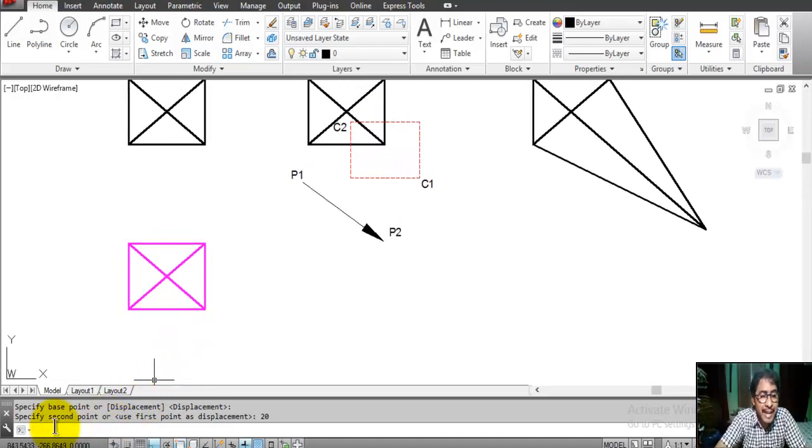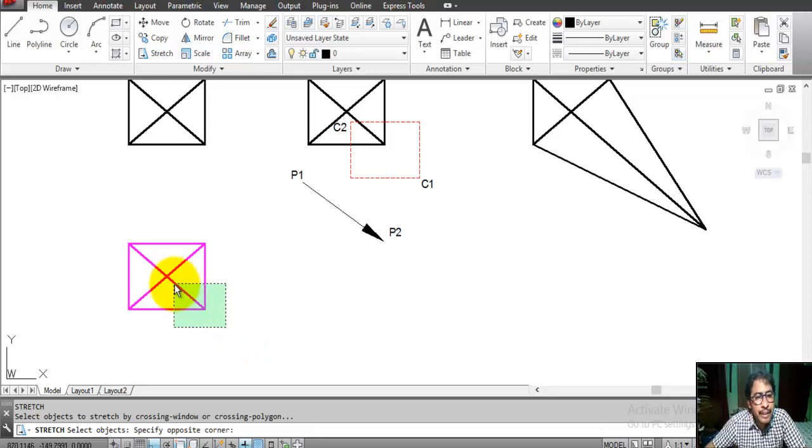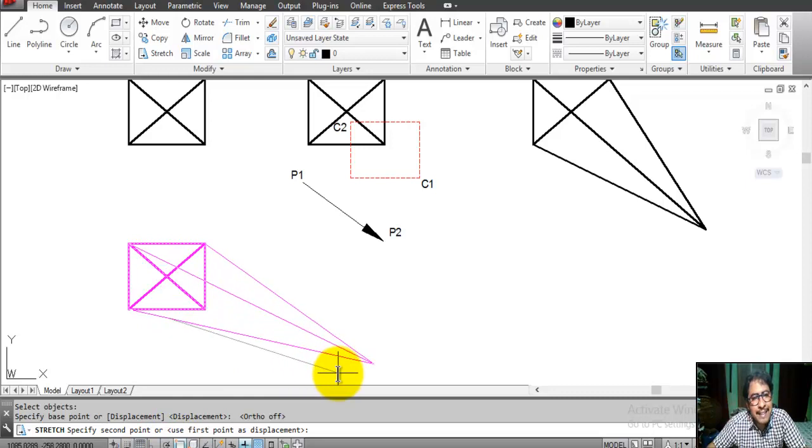Now we type the stretch command shortcut S, enter, select object, this is C1, specify opposite corner, this is C2, enter, specify base point, any P1 point, ortho off, we increase in this way.